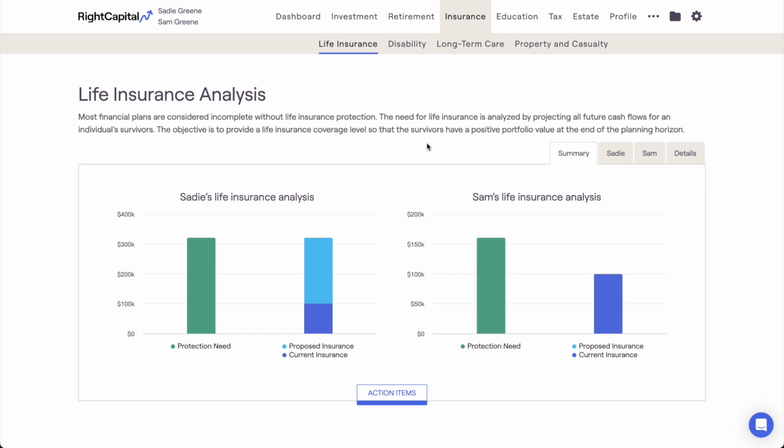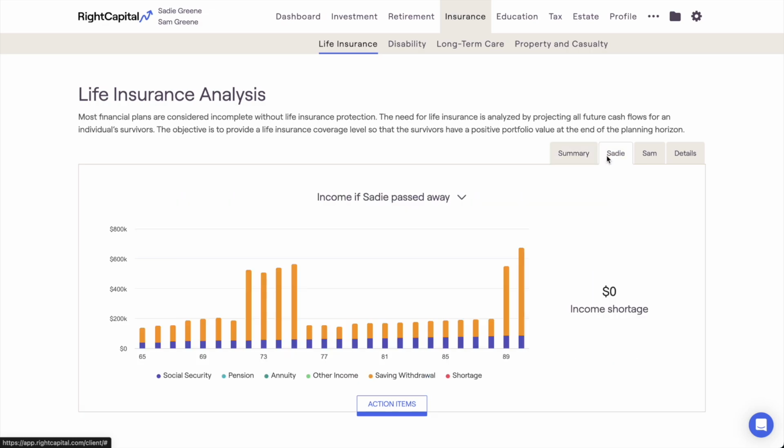RightCapital's life insurance analysis, found within the insurance module of each and every client plan, is a valuable tool that assists you in discussing insurance needs with your clients. Within joint households, the life insurance analysis considers the question, what if the client or co-client were to pass away